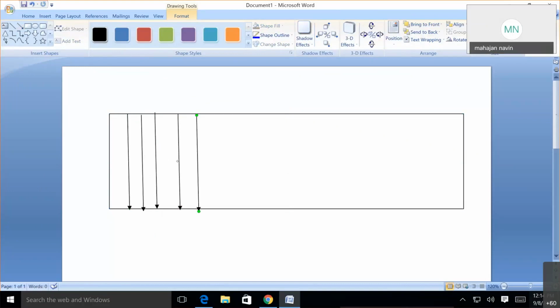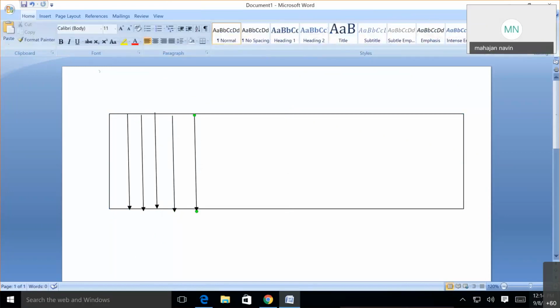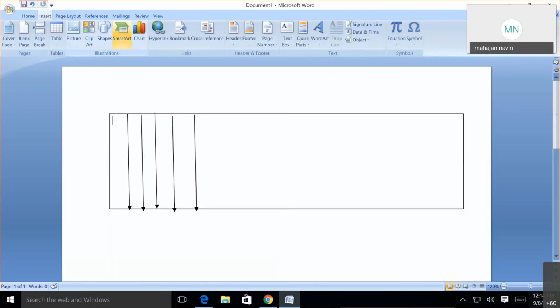This is arrow. This is not line. No, don't consider this arrow. It's okay. Okay. Suppose initially if I shapes.